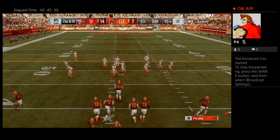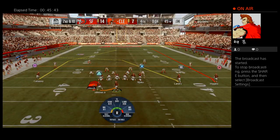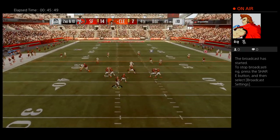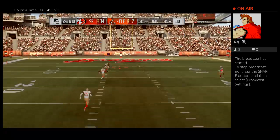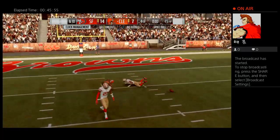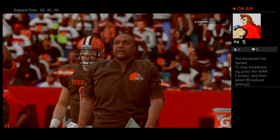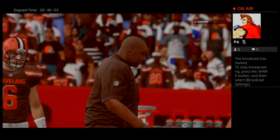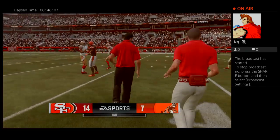So after the incompletion on first, now 2nd and 10. One last shot from Mayfield here. Now a desperation throw deep downfield. And it's incomplete. So their final drive comes up empty. And with that, the ball game is over. Well, going into the final play of this game, they knew that they needed some type of